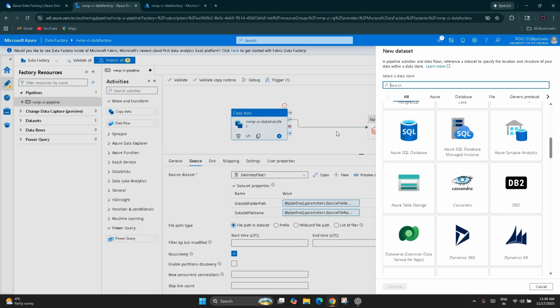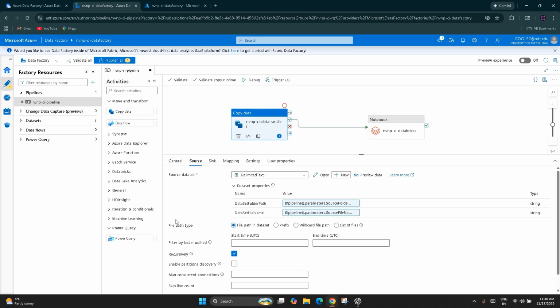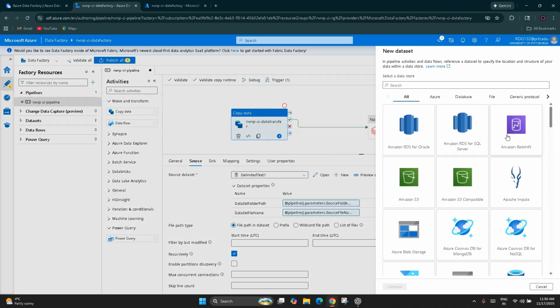So you have hundreds of data sources to connect, and you can also provide parameters to them. For example, let's say